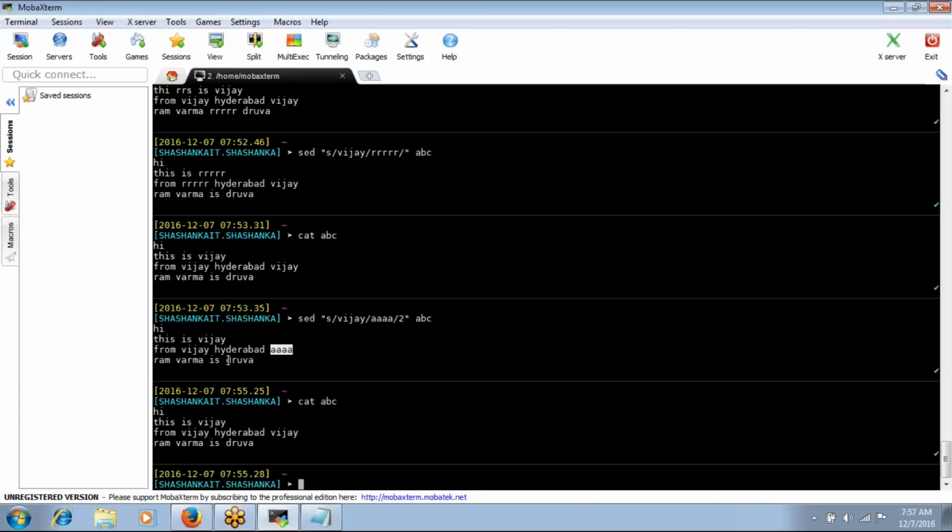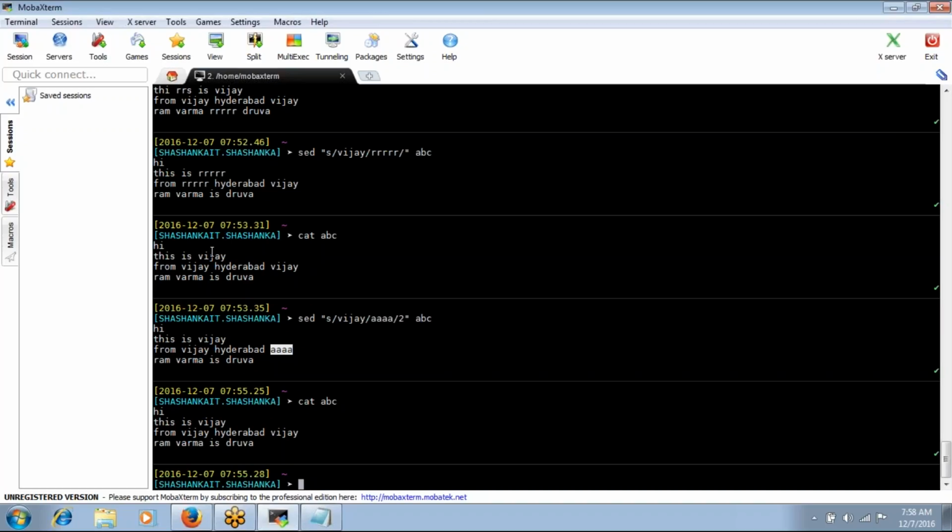Basically, if you give sed with this pattern and G, it will not talk about the occurrences. It will not talk about the records. Whenever we have the particular pattern, it will replace it. If you mention anything other than G, like 1, 2, 3, then it will apply the pattern for each and every record. Let's say in the record I have the Vijay 3 times. If you give 3 here, at the third occurrence only it will replace it. In the same way, it will go to the next record and again check the occurrences. It is the record level.